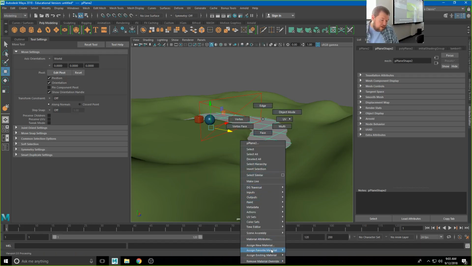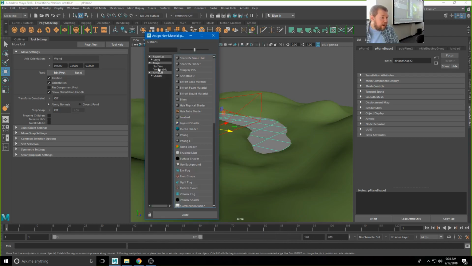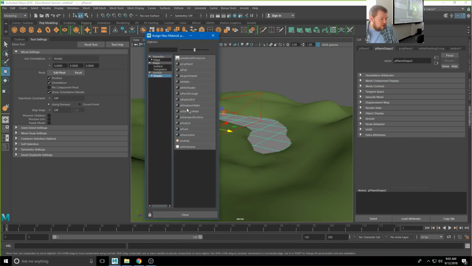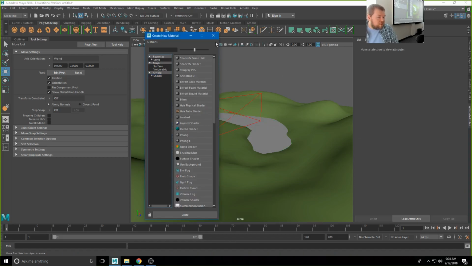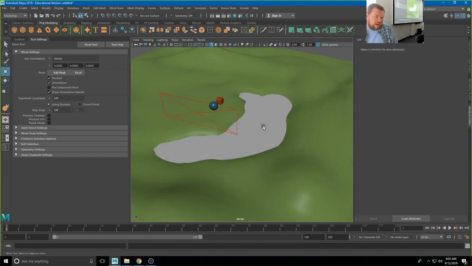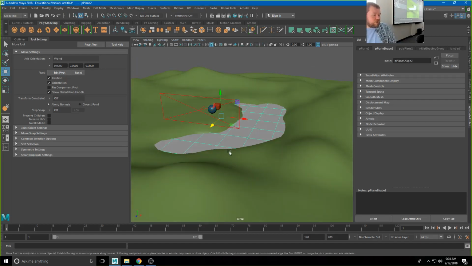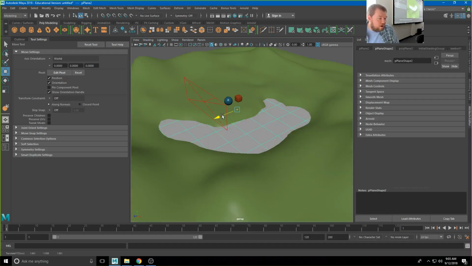I can assign a new material to that, right? I don't want to go through that too much. Actually, let me just show you the way of kind of creating a pond or an ocean. Okay, so there are